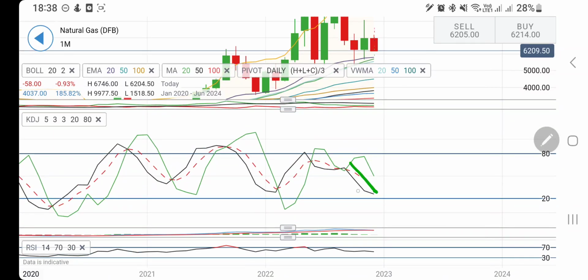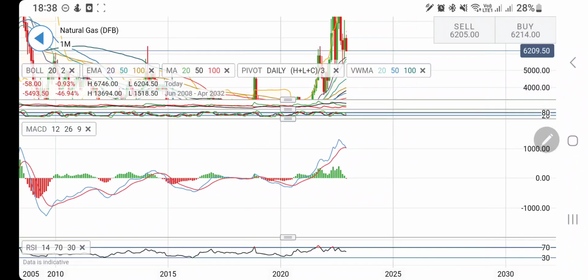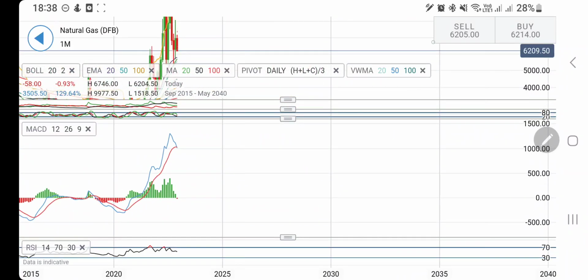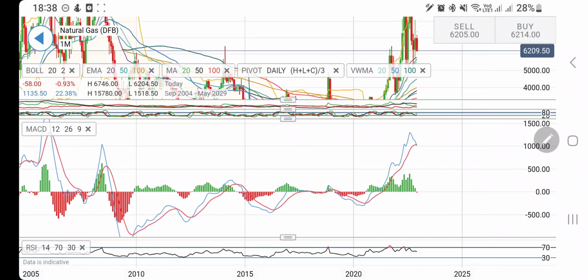However, the stochastic is looking downwards, trying to enter into the oversold zone. The MACD is crossing over for the very first time after months. See, let me show you. It is crossing over at plus 1000 levels, which indicates that it can sustain the bearish momentum for a little while. Now see, in the past,